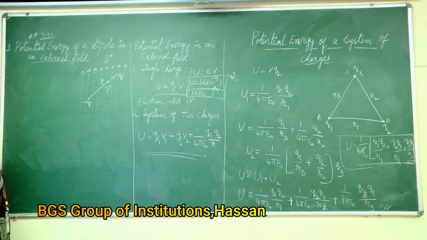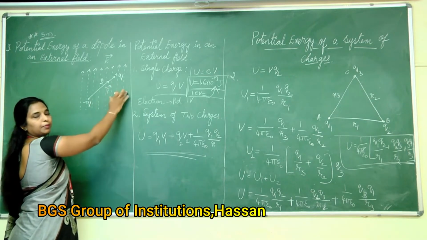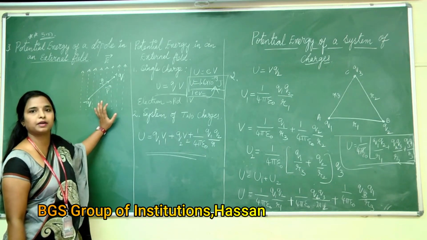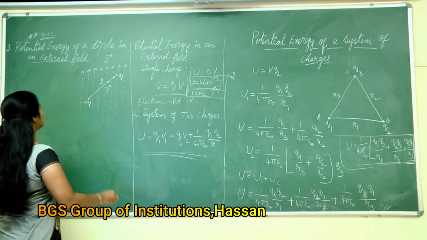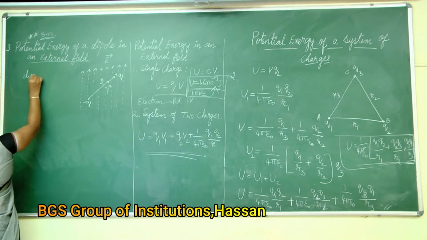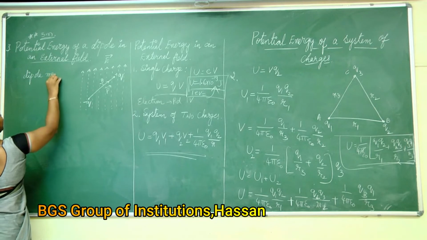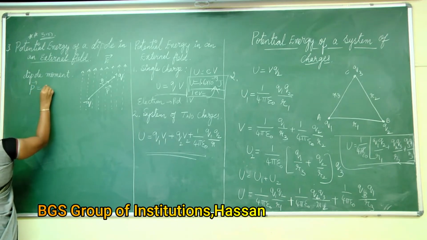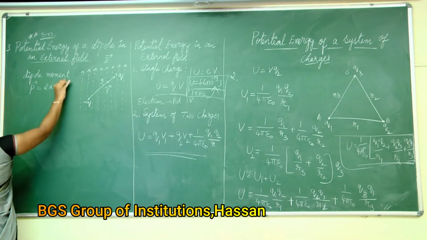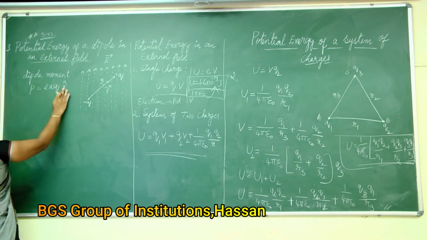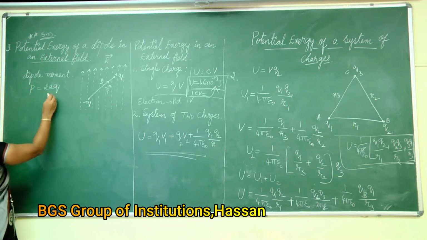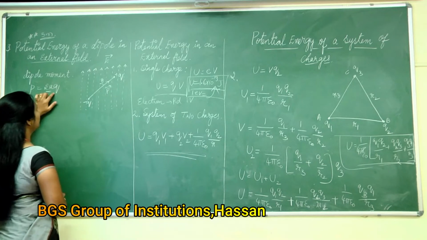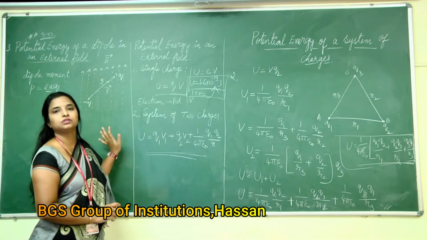Okay. First, we will consider a dipole. What is a dipole? A dipole is an equivalent pair of equal and opposite charges separated by a small distance. And first, we should know the definition of dipole moment. The definition of electric dipole moment is written as P is equal to 2AQ n cap. Here we will consider only the magnitude, that is P is equal to 2AQ, where 2A is the dipole length, the distance between the 2 charges, and Q is the magnitude of either of the charges.